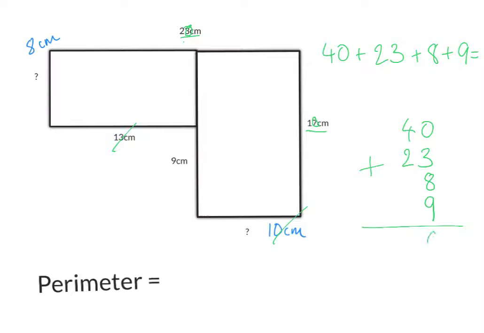Add 3 is 20. 0 goes there, 2 in the tens column. 4 add 2, 8. So the perimeter of this shape is 80